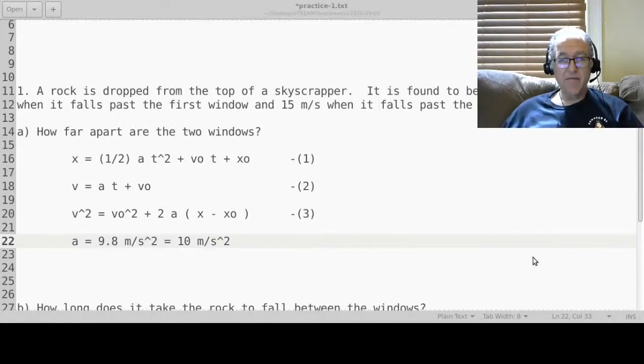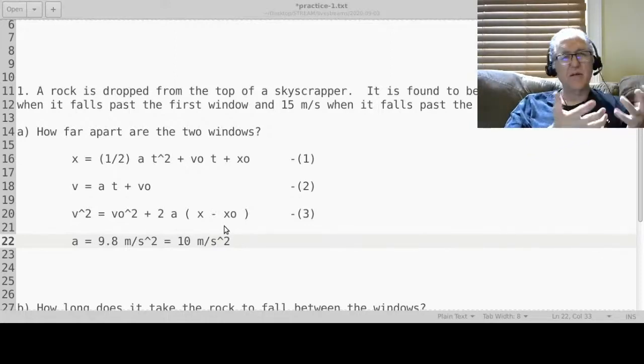How did you figure on the A value? Oh, yeah. So the A value, the value of the acceleration, because we're falling. Okay, it's falling on Earth. I didn't say it was on the moon. So if I don't say it's on the moon or whatever, if I say I'm falling on Earth, then that is a known value. The acceleration due to gravity on the surface of the Earth is 9.8 meters per second